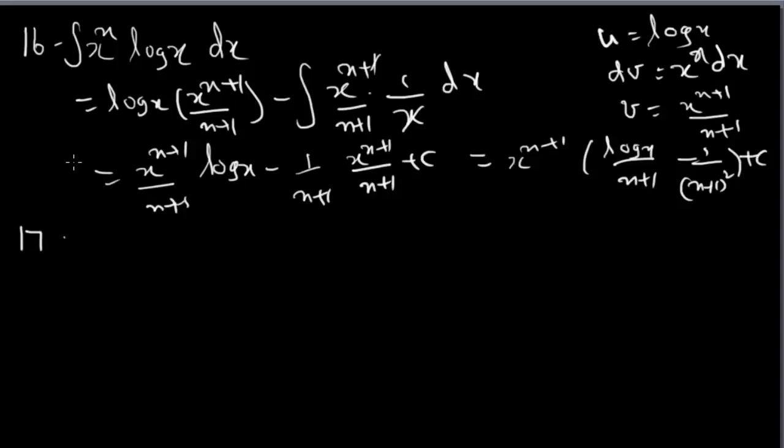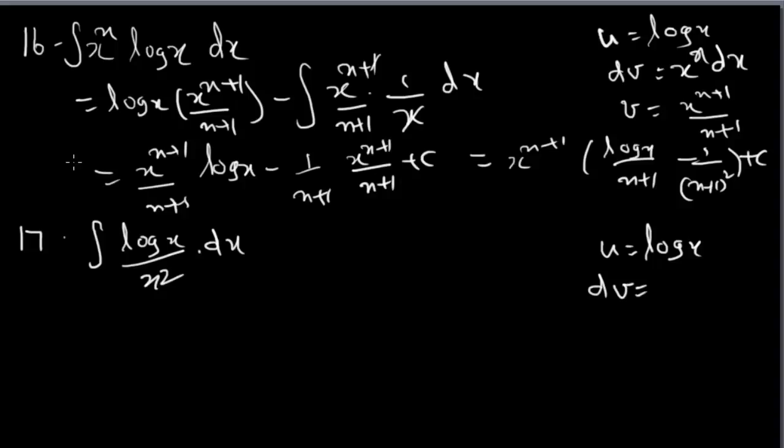Next, 17th problem. Integral log x by x squared, log x by x squared into dx. So, here also u is equal to log x, dv is equal to 1 by x squared into dx. So, v is equal to, you must remember, integration of 1 by x squared is